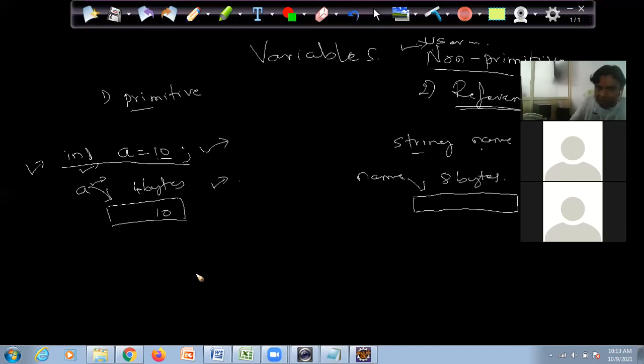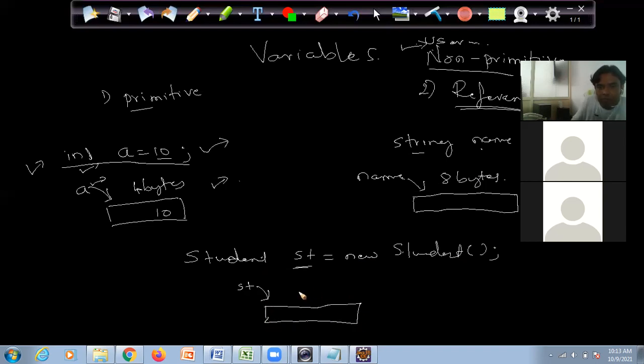Suppose I am defining a reference for a Student object: Student st is equal to new Student. For this st variable, how much memory is JVM going to allocate?